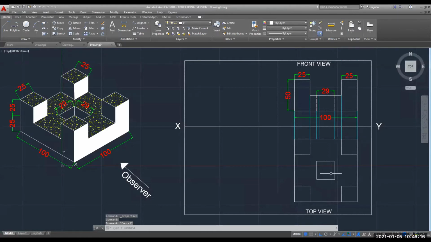So I hope now the top view is clear, whatever we have drawn at this location. Now you can extend this line up to this point. You can give the dimensions, or we will give the dimensions afterward. First draw the side view.